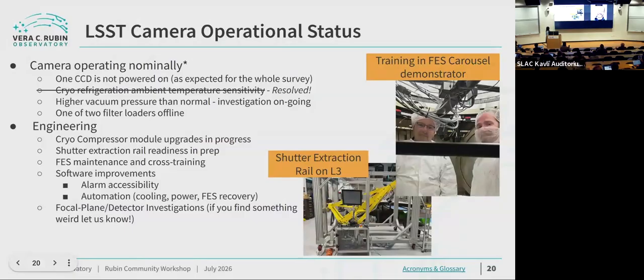Related to that, there's a lot of engineering work that keeps us busy as well on the camera team. Cryocompressor module upgrades are in progress. We're working on our shutter extraction rail system for when we have to replace the shutter when it reaches its lifetime. The filter exchange system has maintenance as well as a mechanical system, and we're doing a lot of cross-training